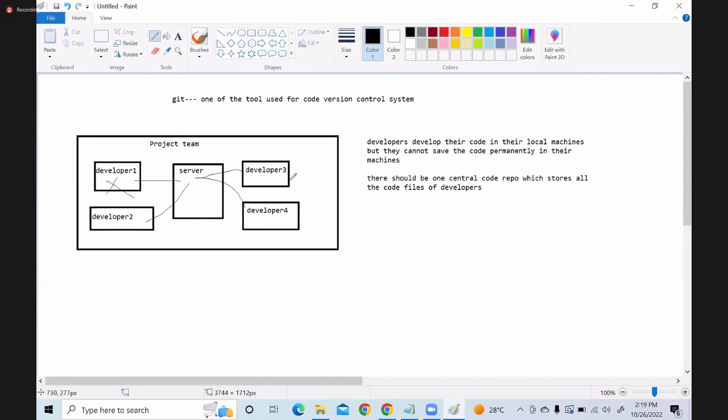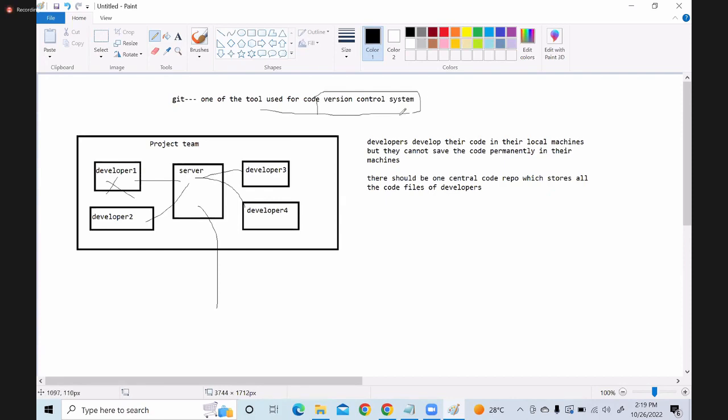It is not like your laptops or personal machines, where a crash makes things very difficult. Even if the server crashes, you can restore your code from the backups. This type of central repository server is called a code version control system.